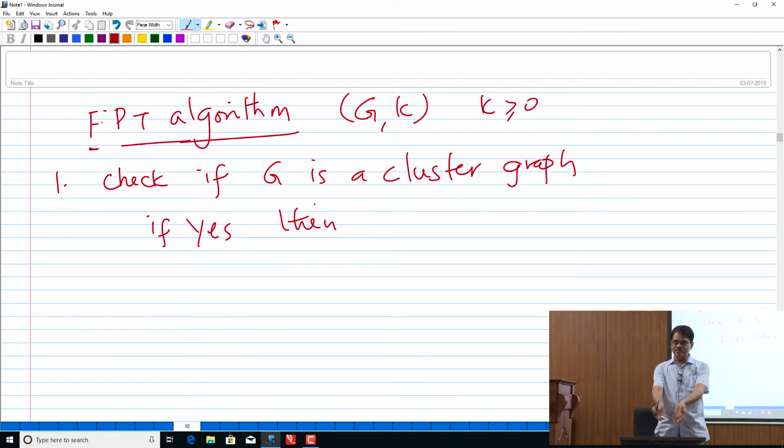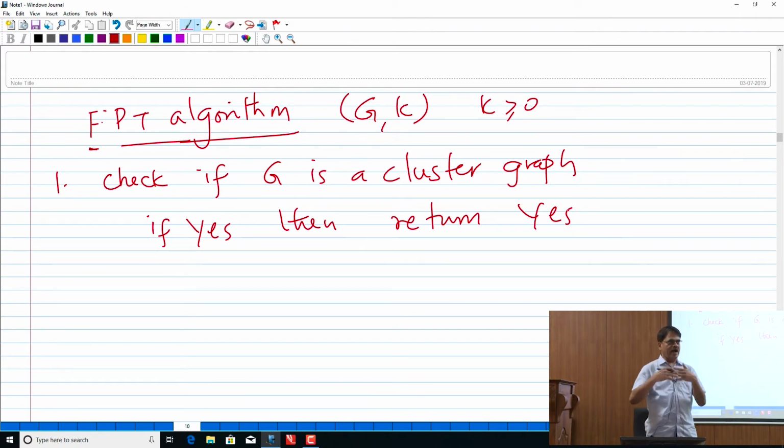You can delete 0 vertices, because G itself is a cluster graph. K is greater than or equal to 0. So, I say return yes. G itself is a cluster graph, so I do not even need to delete anything. Now, you want me to delete at most k vertices, at most k, remember. So, yes, k is at least 0, you do not have to delete anything, it is a cluster graph. Else,